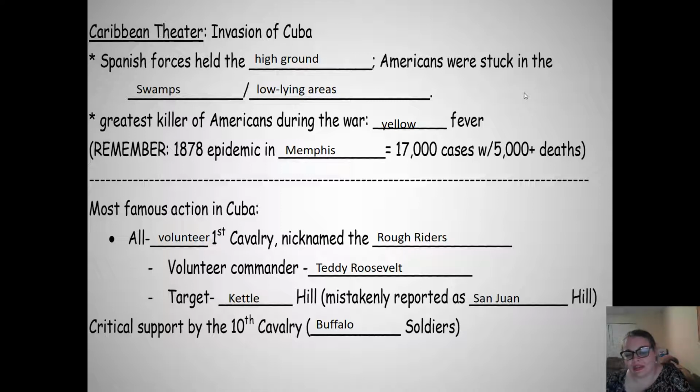All of the credit for taking this hill is going to go to Roosevelt and the Rough Riders, mostly because Roosevelt was really good at PR. So after the war, he writes this big, long book about being part of the Rough Riders, and these are all the amazing things I did. As a matter of fact, Teddy Roosevelt wrote a friend after this saying, I deserve the Congressional Medal of Honor for this, and I want it. And then not too long after that, he managed to get the Congressional Medal of Honor for his fighting on this hill.